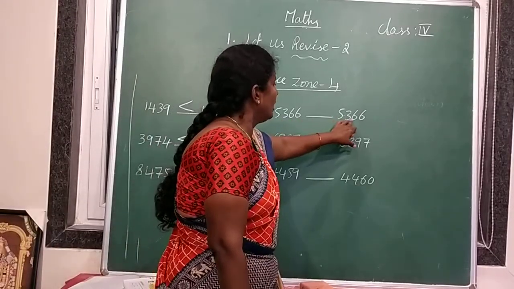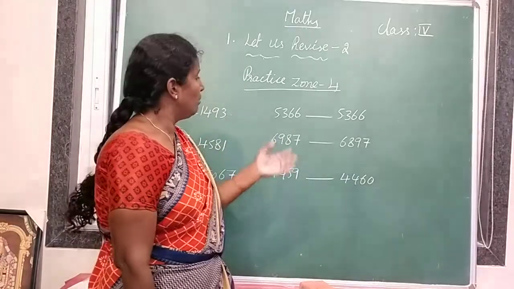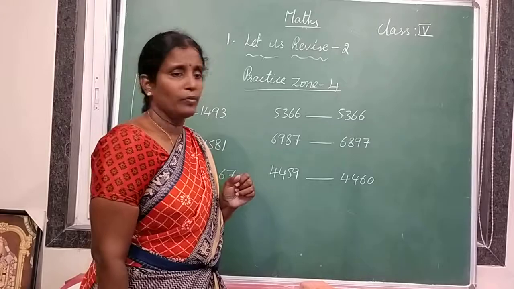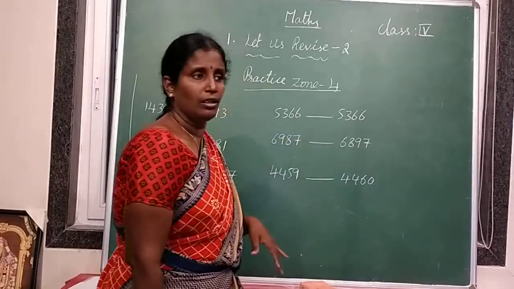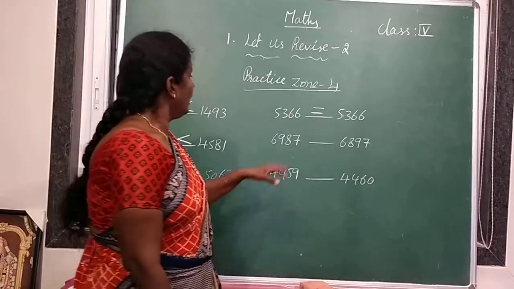5366, 5366. Both are 4-digit numbers and both the numbers are same. So what is the symbol? Equal to. Okay. And next